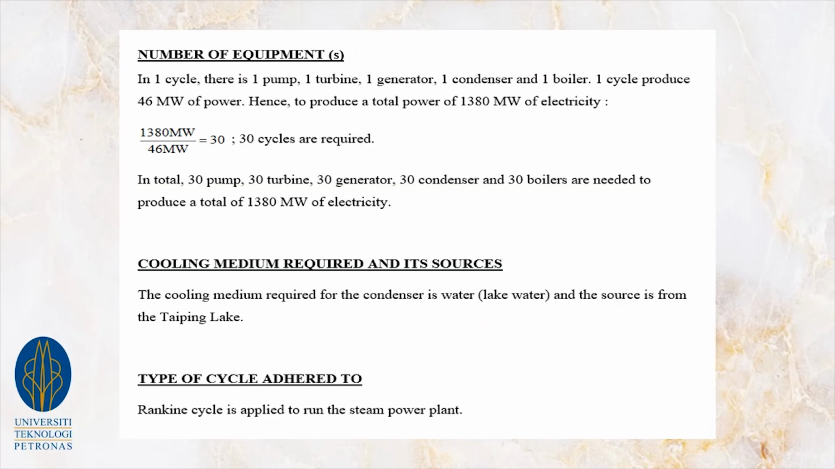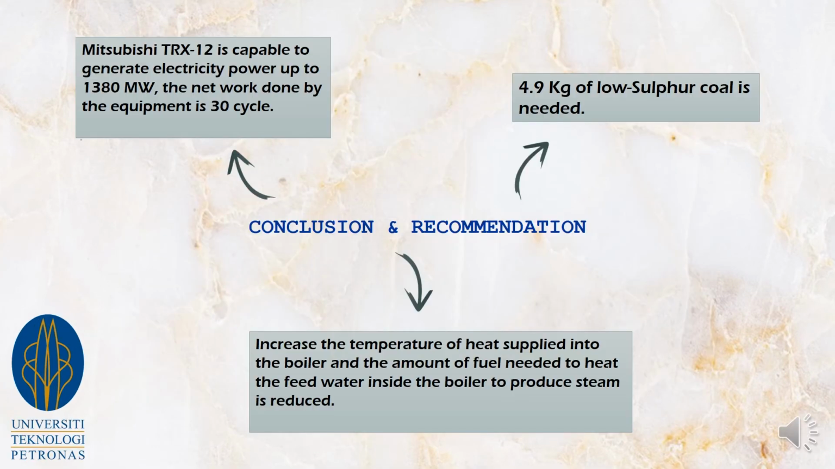On to the next one. We know that one cycle of this steam power plant will produce 46 megawatt of power, but our goal is to reach a total power of 1380 megawatt of electricity. So in order for us to reach this amount of value, we need